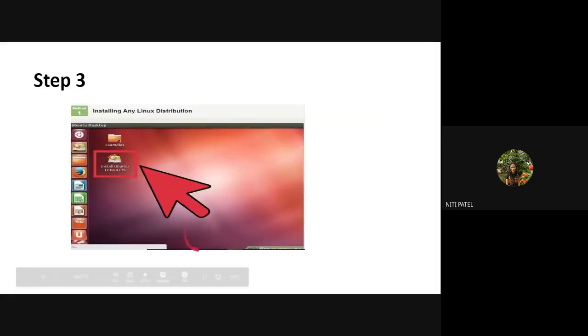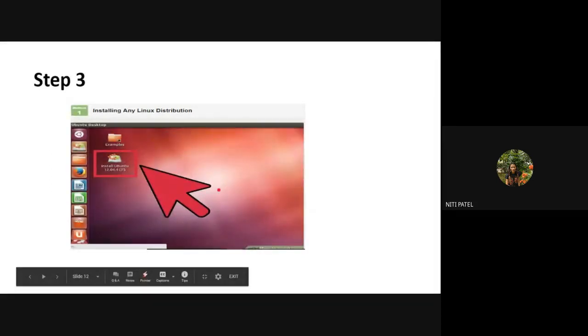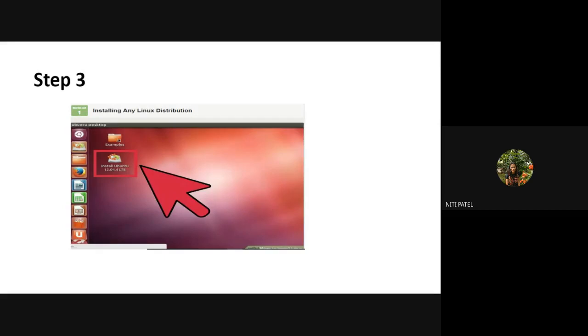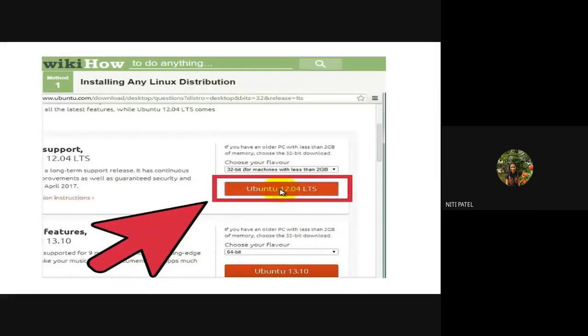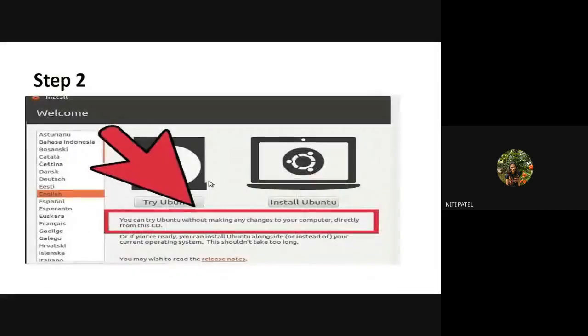Once it is installed, you will get to see such a file on your desktop. Okay, now you might say this interface is already of Ubuntu, that means Ubuntu is already installed in this system, but I can follow this step even if it is in Windows. That means I have the Windows operating system right now in front of me. I'll go to Google, I'll simply type Ubuntu Linux version 12 download. When I download, I'll get to see the same window like this. I click on Ubuntu 12. It will ask me to select the language.